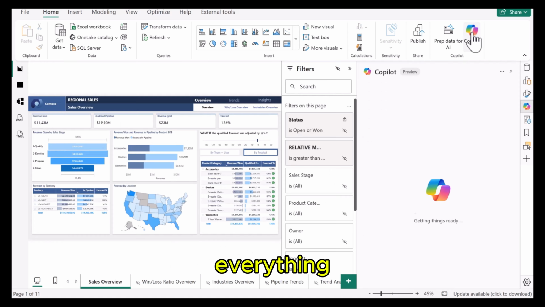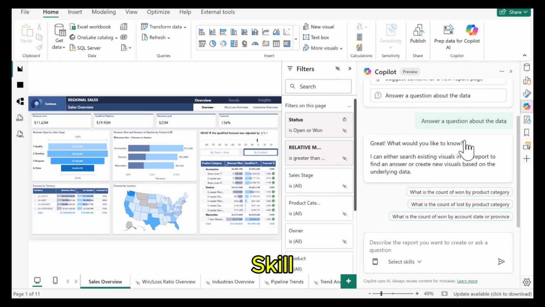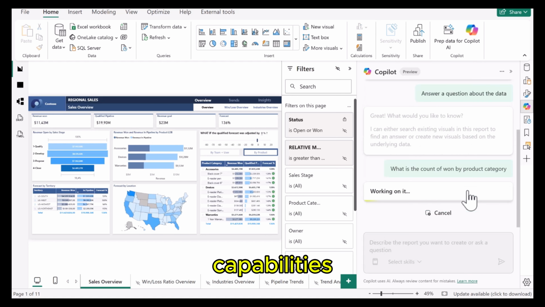Now that you've set everything up, it's time to test. Open the Copilot pane in Power BI Desktop. Pro tip, use the skill picker. This is a drop-down where you can select which Copilot capabilities you want to test. Answer questions about the data: uses your semantic model. Analyze report visuals: